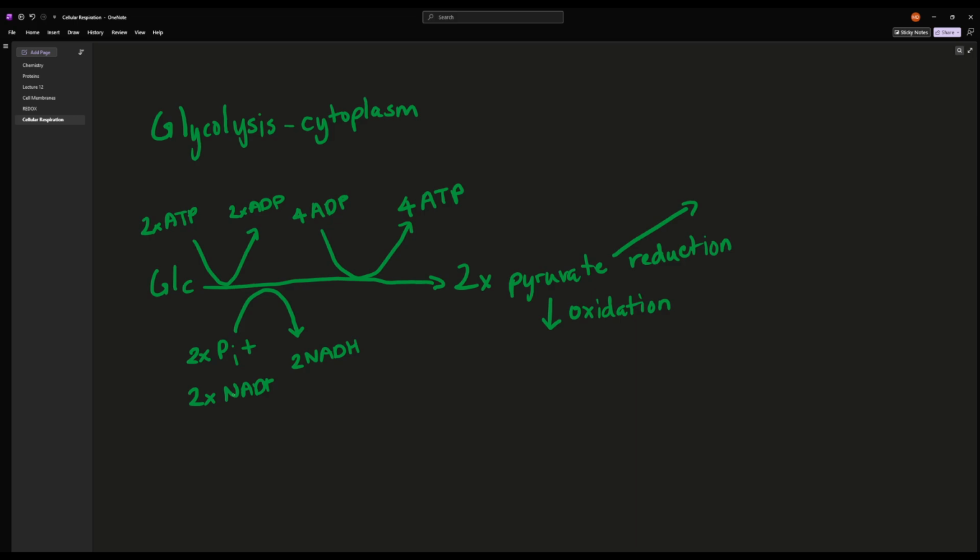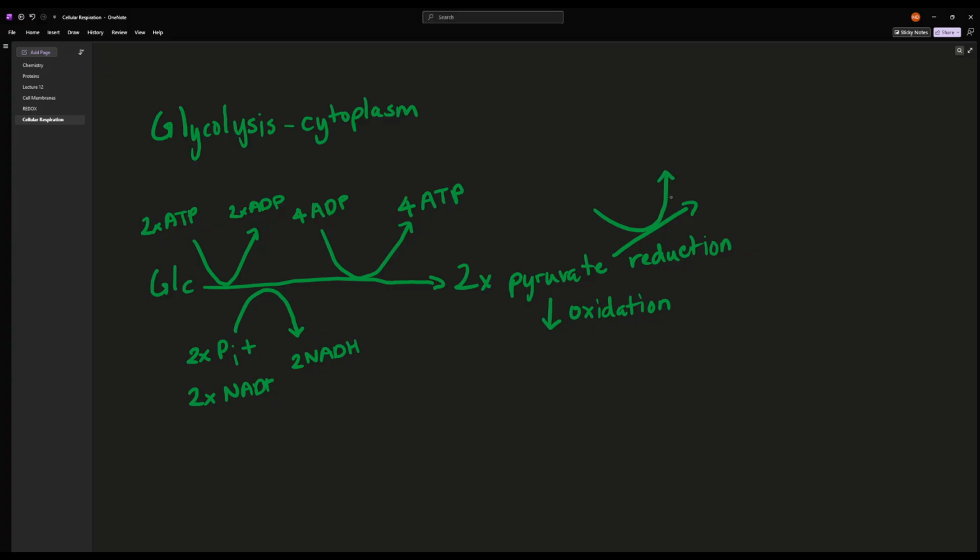And if we run out of NAD plus, the reaction that requires it, which is glyceraldehyde 3-phosphate dehydrogenase, will stop functioning because it will lose the oxidizing agent. Okay? So we need to regenerate our NAD plus pools, and the first way we can do that is through